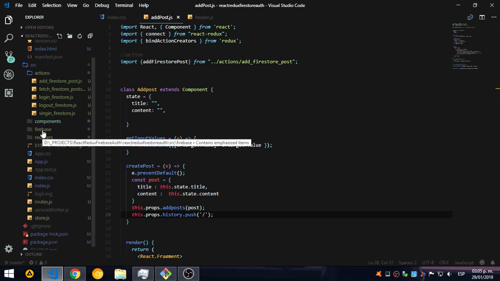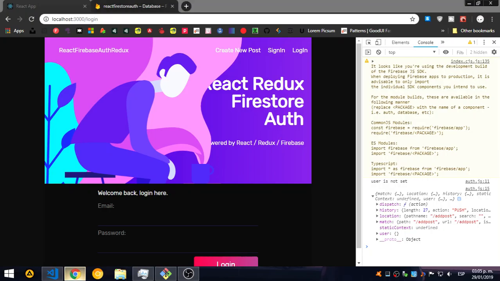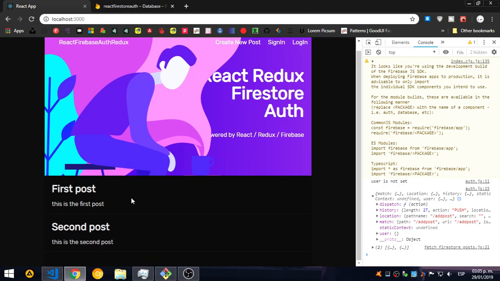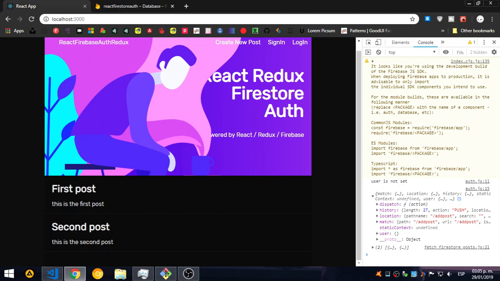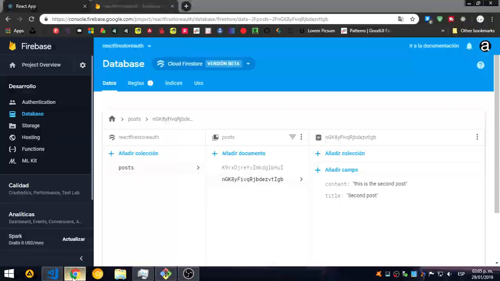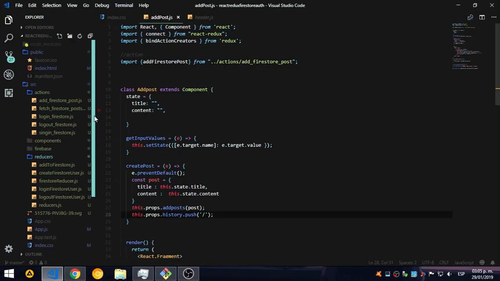Redux. Okay, so what should I do? Okay, let's start with the fetching. Here, React Firebase Auth Redux redirects to the main page, main component. So here is where I'm consoling the posts. Okay, these are the posts. So let's go to